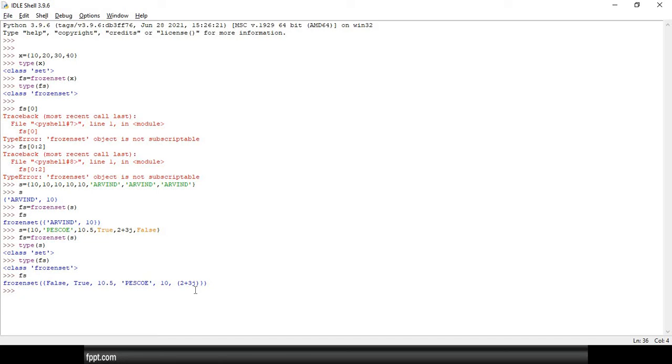Now if you want to print these elements, what should we do? We cannot use indexing, we cannot use slicing. That means only one option is available, the for loop. By using the for loop we can check each element of the set.